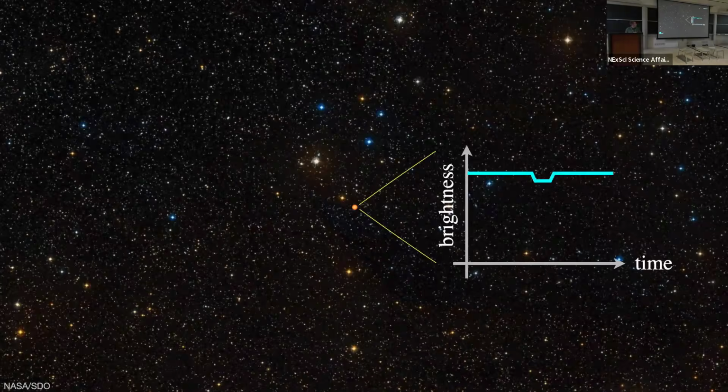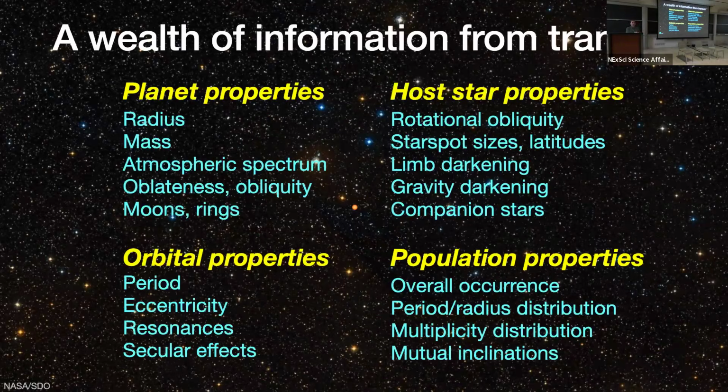And we can tell a transit is happening by monitoring the apparent brightness of the star and seeing these short duration flux dips. A wealth of information can be obtained by observing these transits. Most famously, the radius of the planet, from the amount of light that it blocks. When we combine it with the Doppler method, we can also learn the planet's mass, but there's a whole range